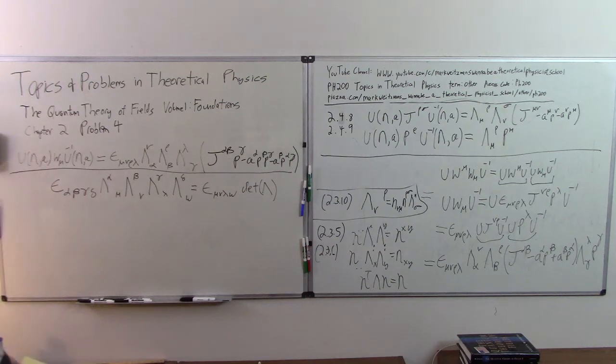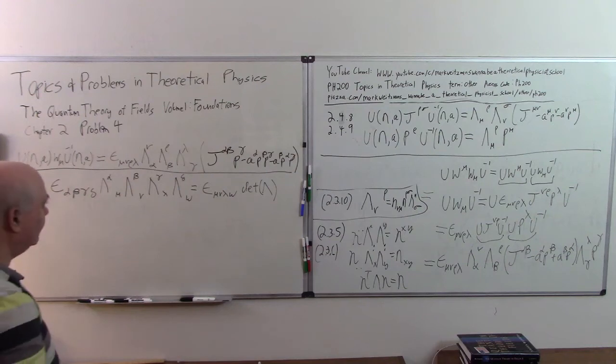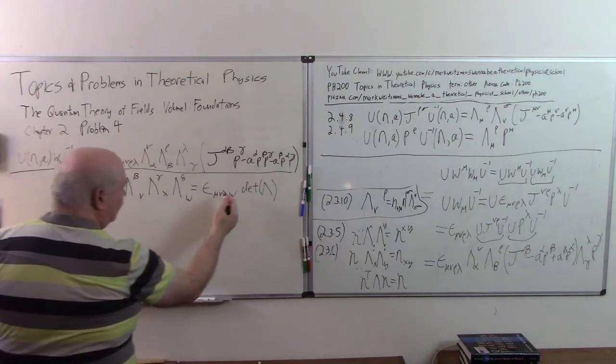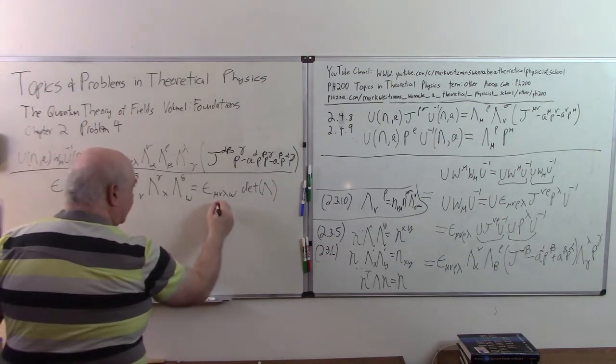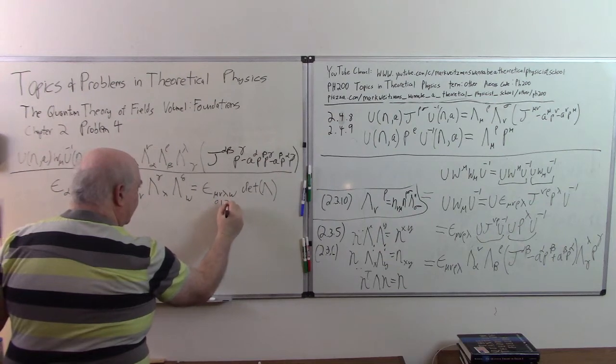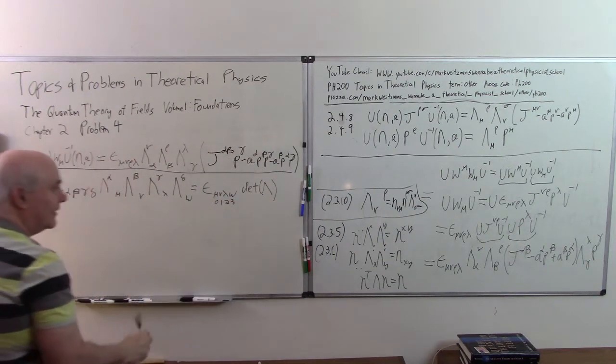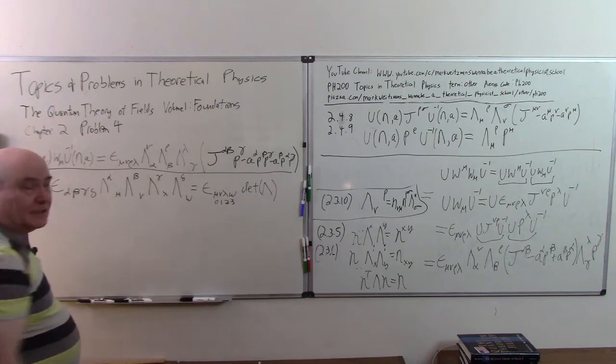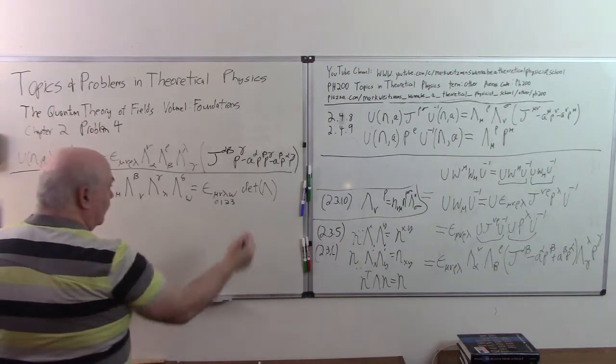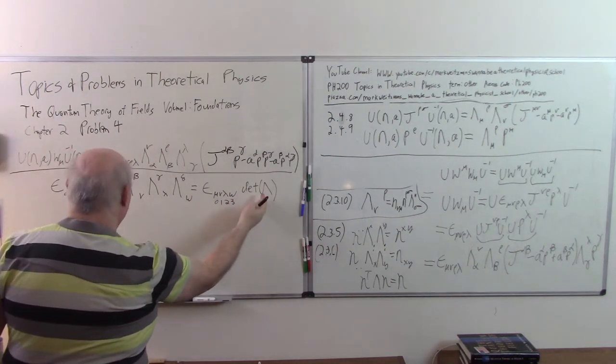Okay, so if you've never seen this before, I suggest you somehow convince yourself of it. Thinking of lambda as a matrix, the easiest way to think about it is to test it for one value here. So let's make this 0, 1, 2, 3. Epsilon 0, 1, 2, 3 is 1. So what it's saying is that the determinant of lambda